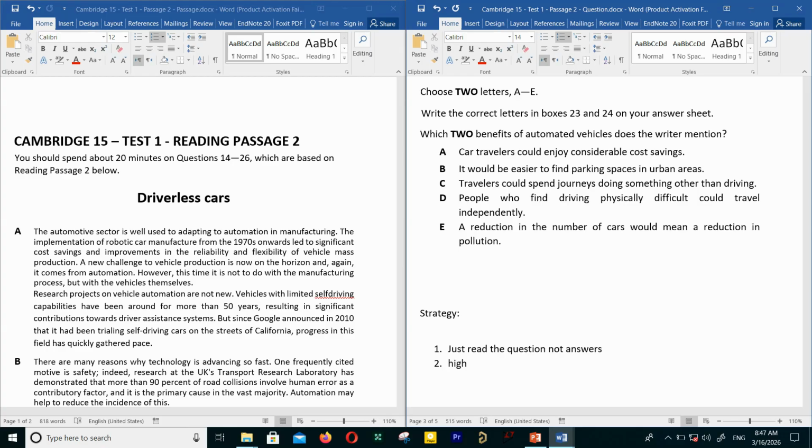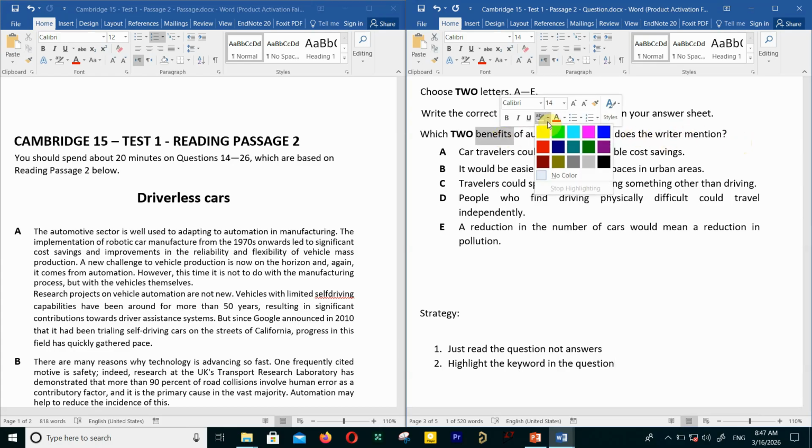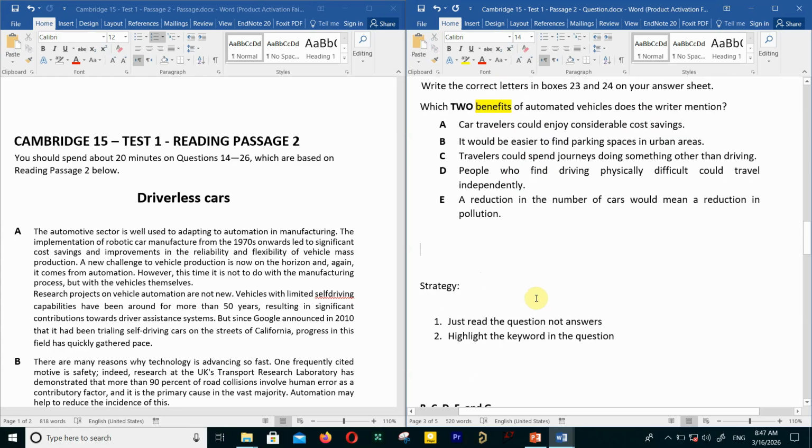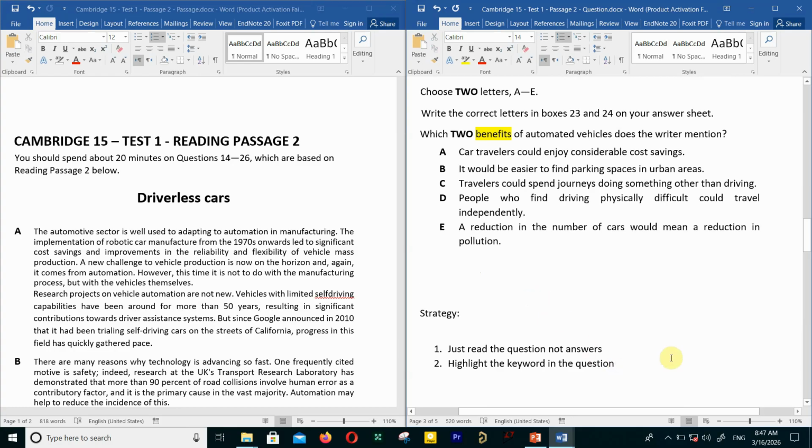Highlight the keyword as always in the question. So, which two benefits of automated vehicles does the writer mention? Which two benefits? Benefits is the real thing. Two benefits that the writer mentioned. Okay? Now,